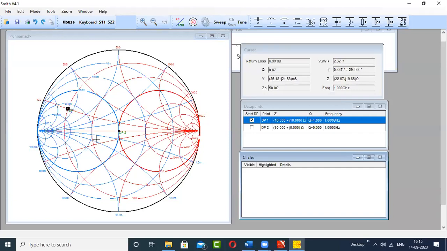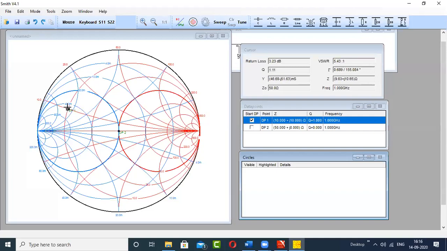So for that, whenever I say that you have to design a matching network, simply you have to move from this load to the center of the Smith chart. How to move from the load to the center of the Smith chart? By taking the help of these circles. And already the sir has shown you how to move and which component to select. Everything was discussed. So we'll just revise those things with the help of the software. Now there can be multiple solutions. So we'll see a few of the solutions first.